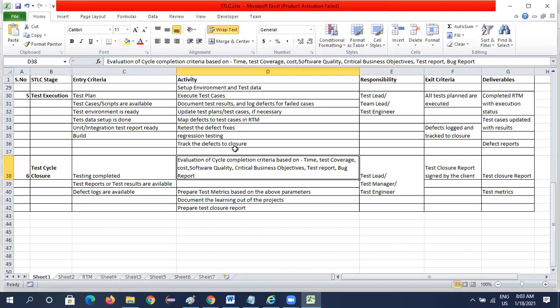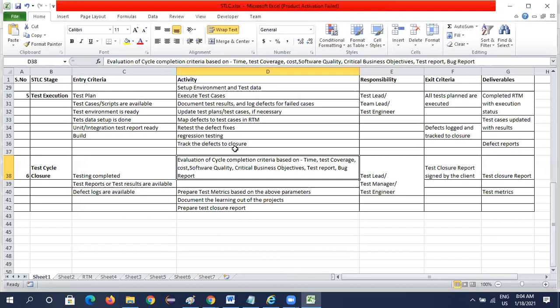We'll find out the critical business objectives and get the test report. We'll get the metrics I've explained: test metrics, defect variation, slippages, leakages, all those things. We'll get the documentation and prepare the test closure report. One test closure report will be prepared.